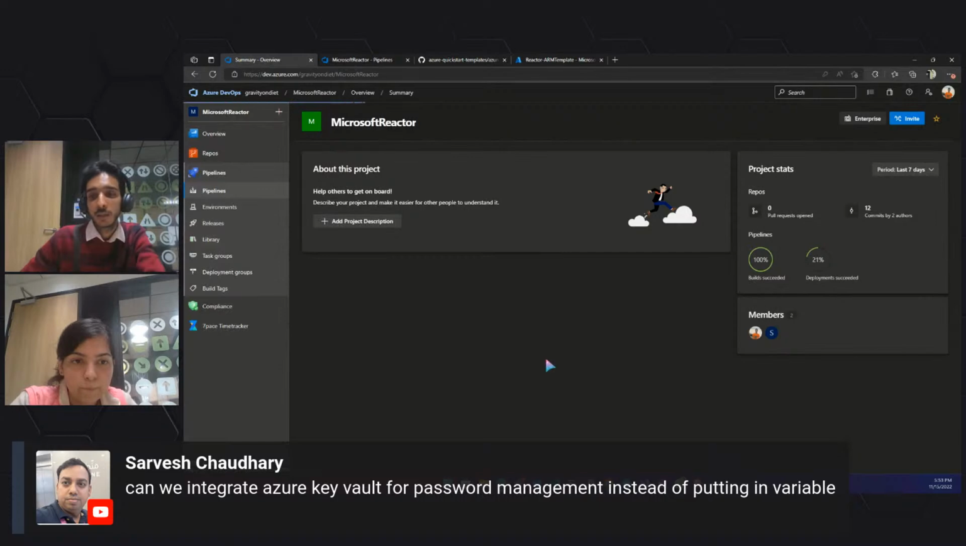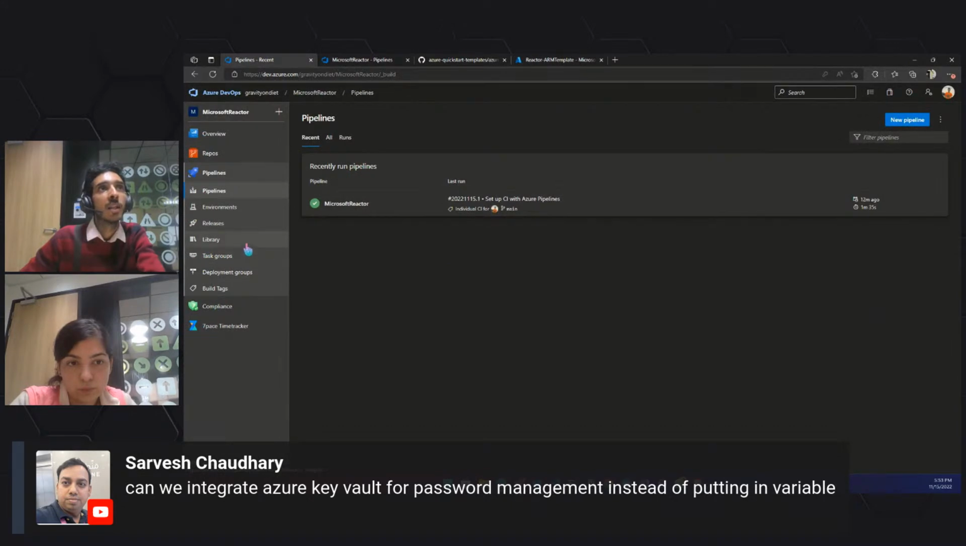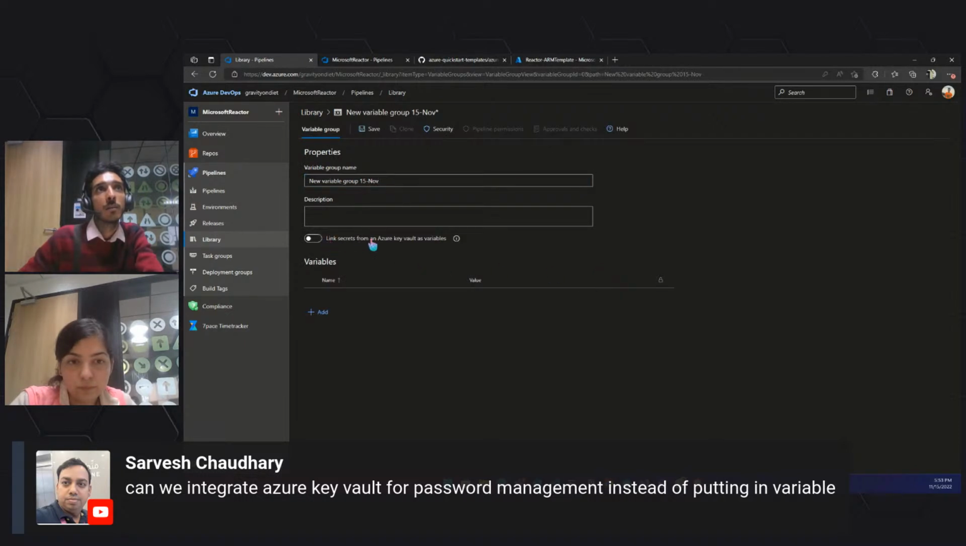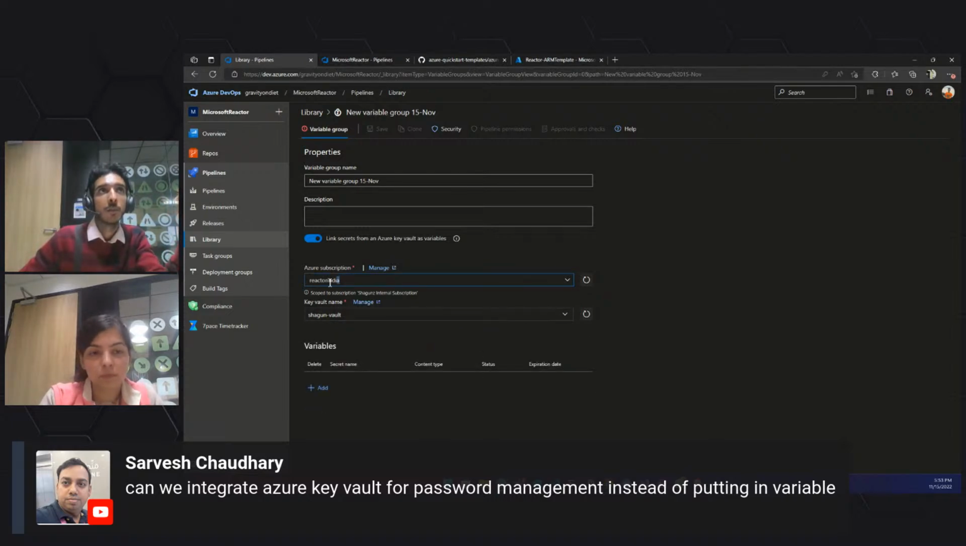So what we can do, Sarvesh, is create a key vault here in our subscription, and then go to the library. This is where we manage key vault and other variables you can use. This is where we put the certificates. And if you want to use key vault, this is the option that we have: link secrets from an Azure key vault as variables. Once you click over here, it will give you the subscription or the service connection. Select any key vault, authorize it, because it does not have the permissions. If it's not able to do it, we'll have to go to the Azure portal, give this particular service connection the